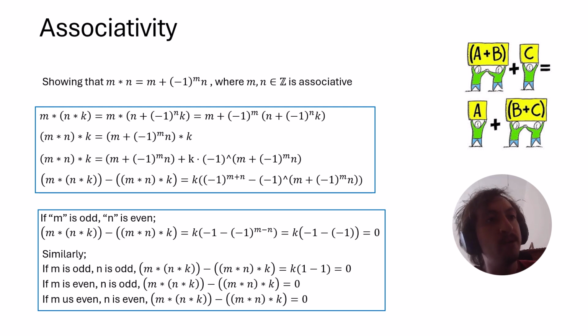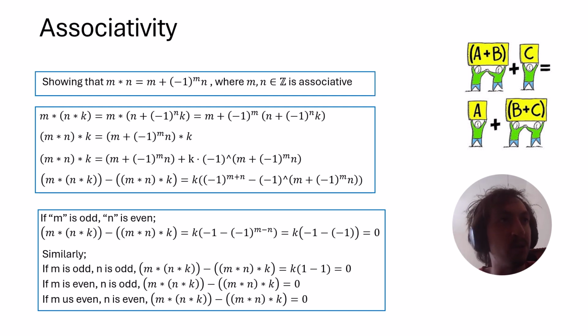Now I'm not going to show it formally for the other possible cases. I would recommend you doing so if you want to try out the proof. It's sometimes fun to practice things by hand, but also it's very similar to what we've looked at for the first case of the magnitude of m being odd and the magnitude of n being even. So going over the other cases might be a little tedious if I was going to do all of them in this video. But now we've shown associativity,